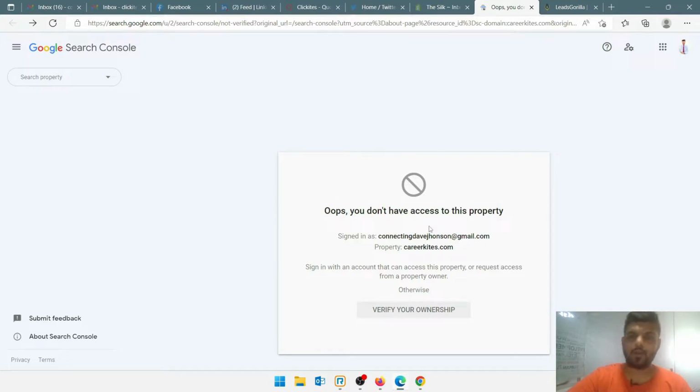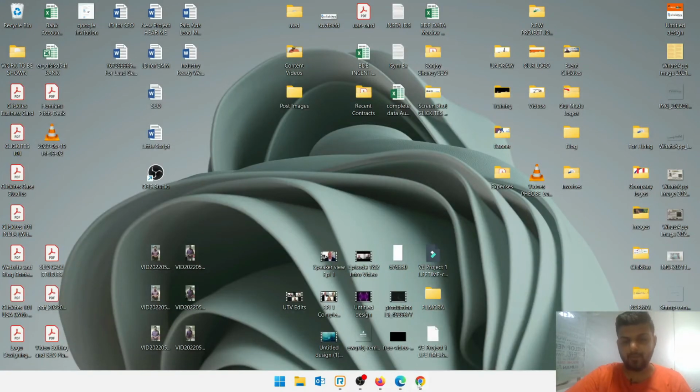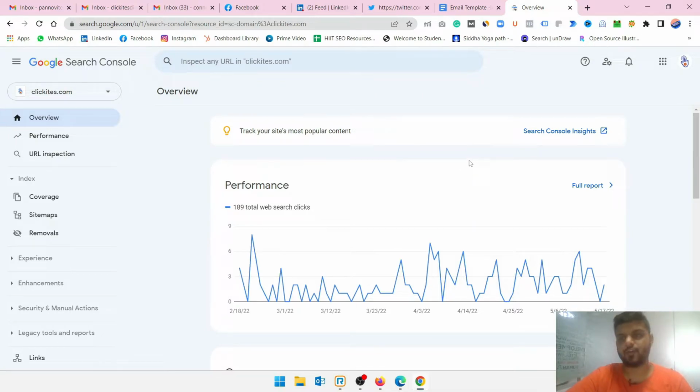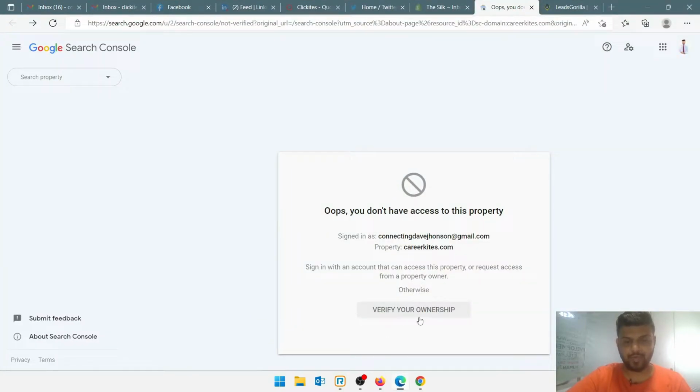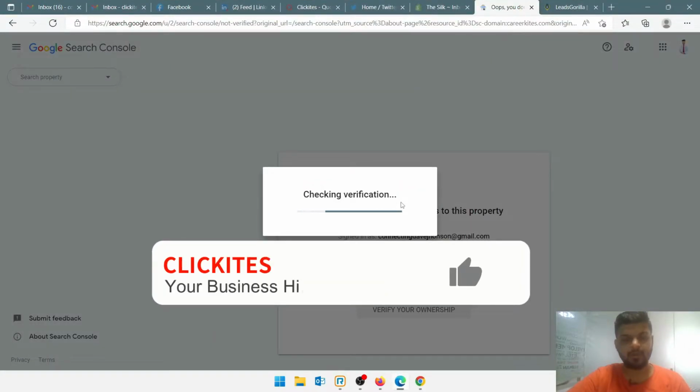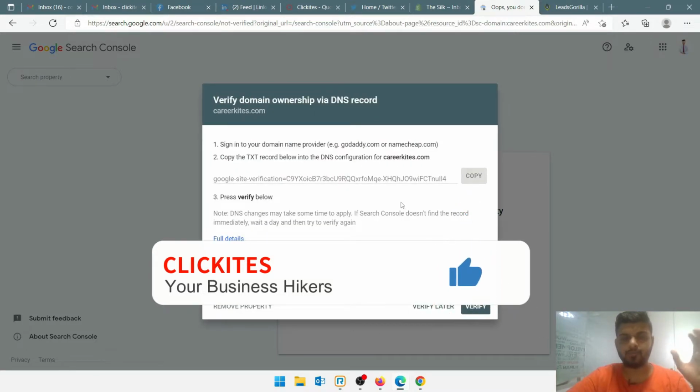So what you have to do is log in again with the same email ID that you have registered on your website. Whenever you register that website to the account, this page will open. That will be your first page, after you verify your property ownership. The instructions are given right there. You click on verify your ownership, and the page will open that you have to